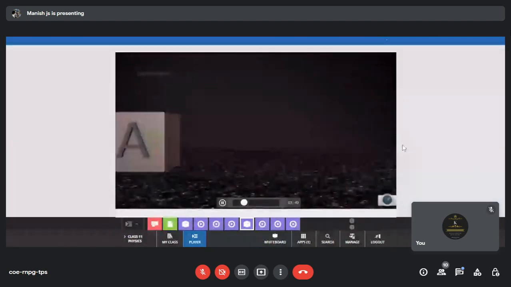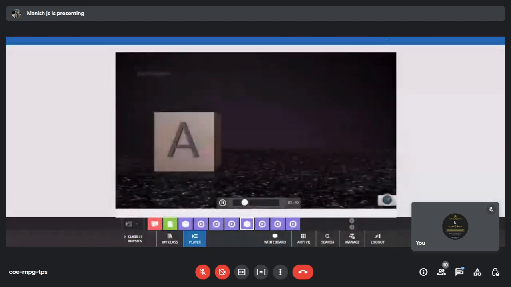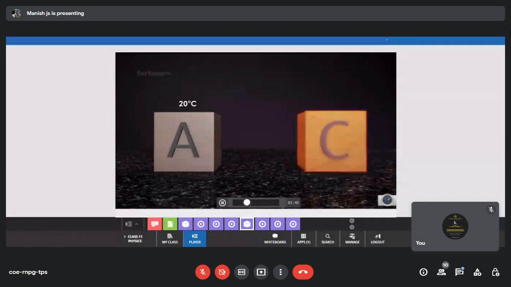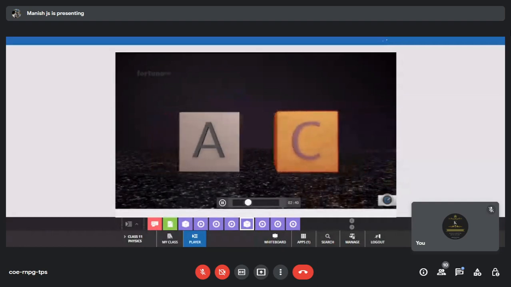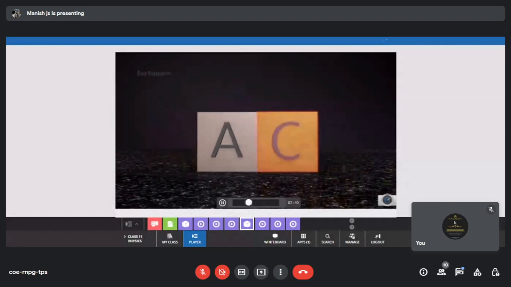Let's explain this concept. Let's consider a metal block A with a temperature of 20 degrees Celsius and another block C with a temperature of 40 degrees Celsius. Let's move them closer so that they are in physical contact with each other. Heat from the hotter block C will gradually dissipate and increase the temperature of the less hot block A. At one point, both the blocks will be at the same temperature of 30 degrees Celsius, meaning